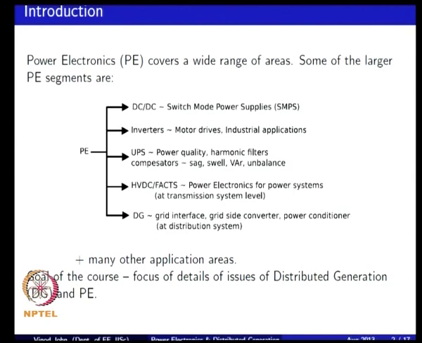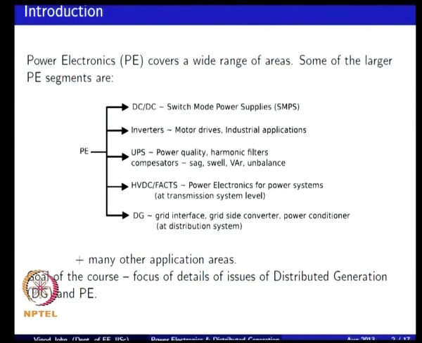Then you have inverters which are extensively used in industrial applications, especially motor drives. Then you have power quality equipment. A very common power quality equipment that is used is a UPS to ensure that you have power availability even when there is some disturbance in the grid. Also you have harmonic filters, you have compensators to compensate harmonics, to adjust your voltage in the presence of sags, swells, etc. These are all power quality related